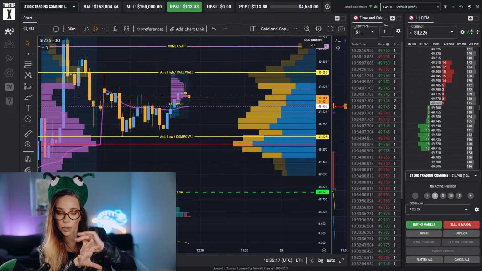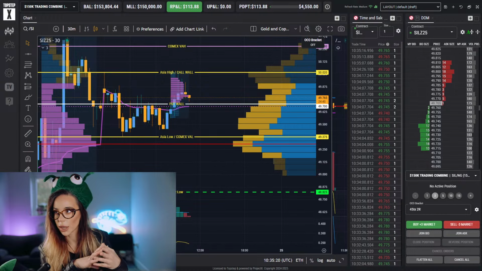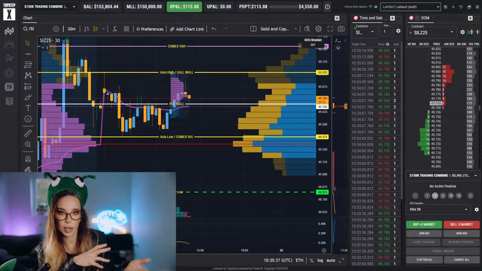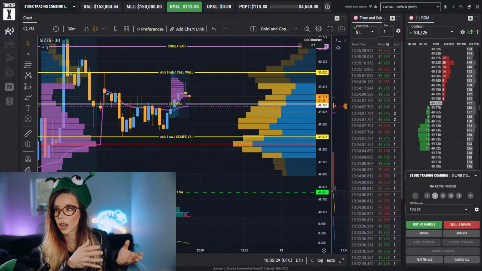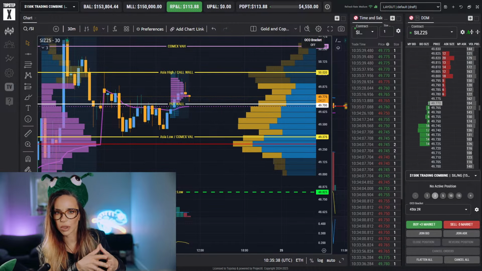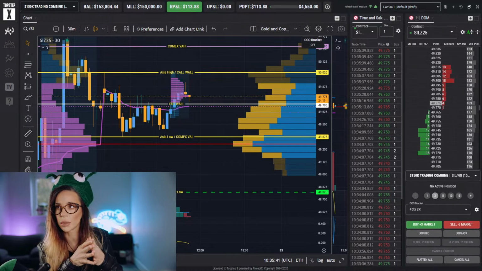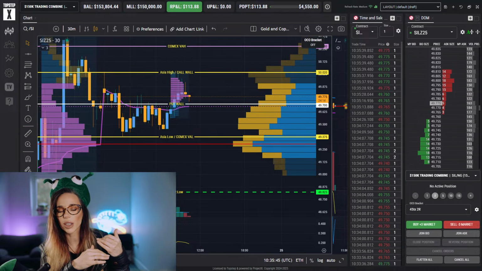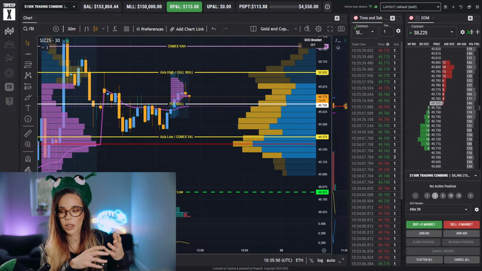If there's a delta divergence, like let's say price makes a high but delta doesn't, or delta makes a high but price doesn't, that's all delta divergence. Then you can have a look at what happens after you enter the trade, and ideally you should see some larger orders or maybe even some icebergs. Now, you would need the time and sales for that, just to spot them. But on my products, icebergs are not that difficult to spot because there are not that many participants.